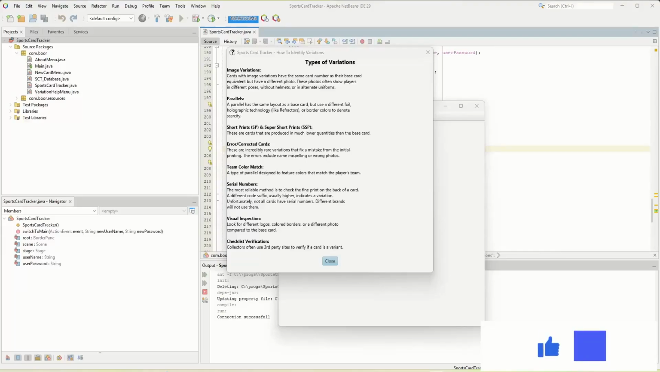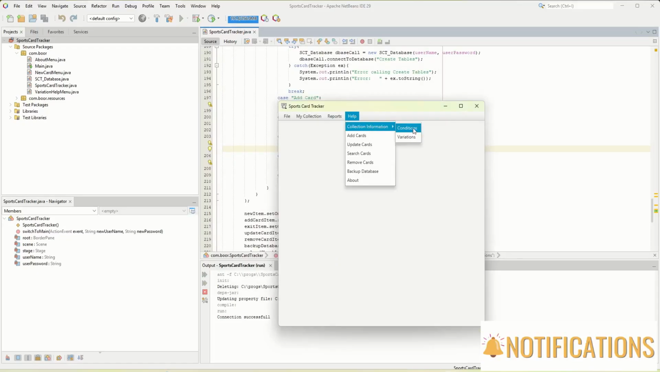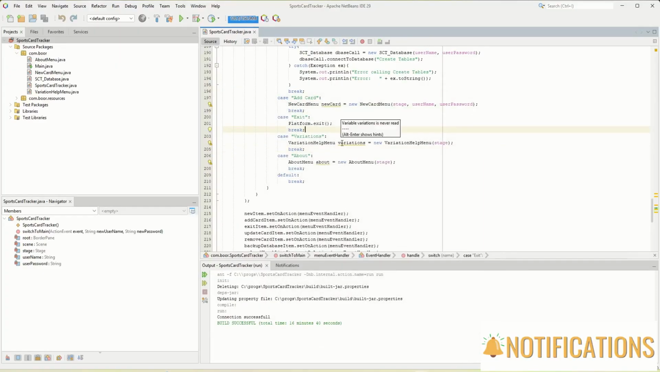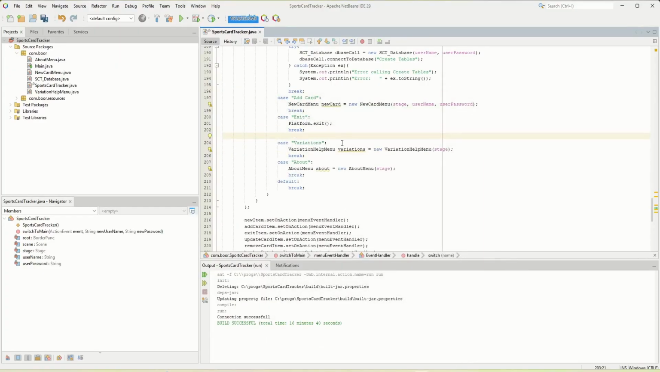Hello, and welcome to episode 7 of our Sports Card Tracker series. In the last episode, we created the types of variations help menu. Today, we will create the conditions help menu. So let's get started. First, we need to create a case for our condition menu,